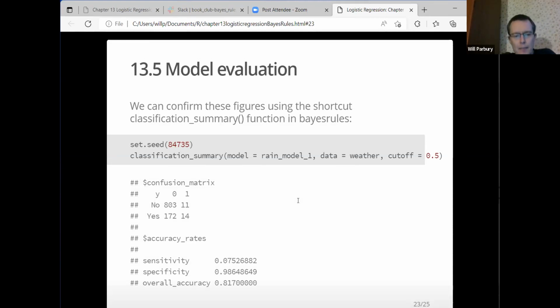So if we go back a slide, in the code there, the cutoff is 0.5. That basically means if the probability it's going to rain is 51%, it's going to be classified as a rainy day. What they probably should do with this one, because it's really good at picking up when it won't rain but not very good at picking up when it will rain, is lower that cutoff to make it a bit more sensitive, which I think they do, and they have another model, rain model 2, on there. So I think that's in the text.